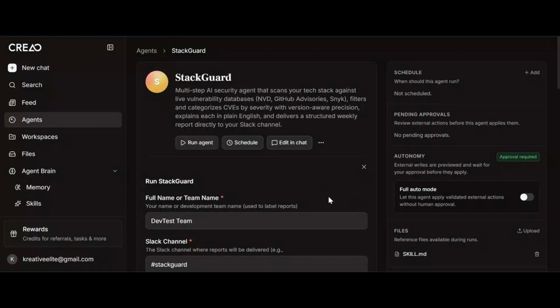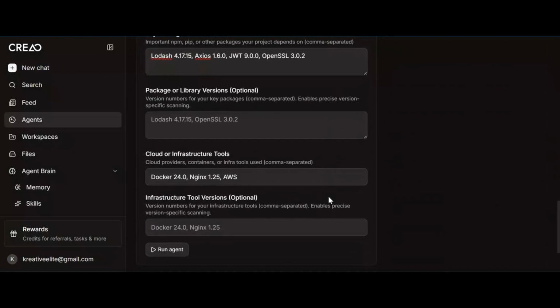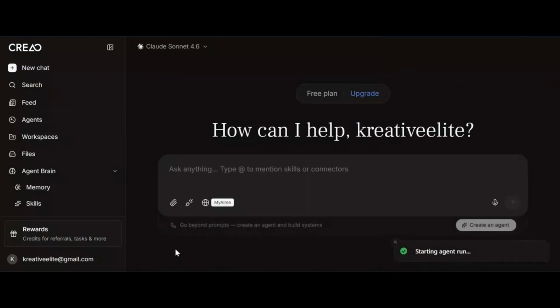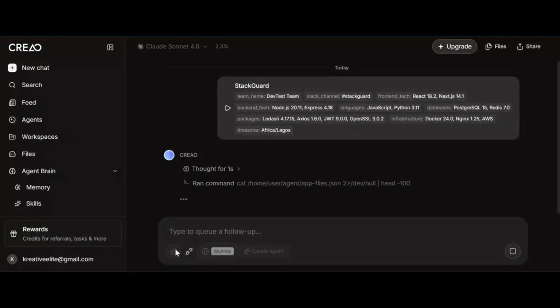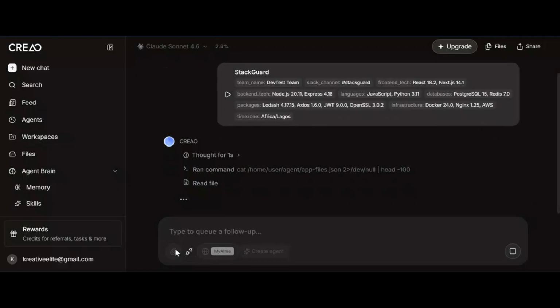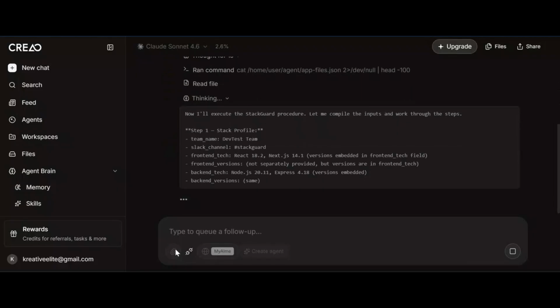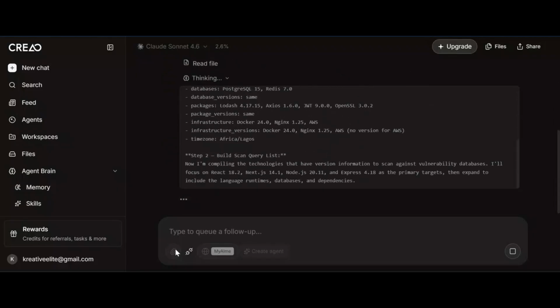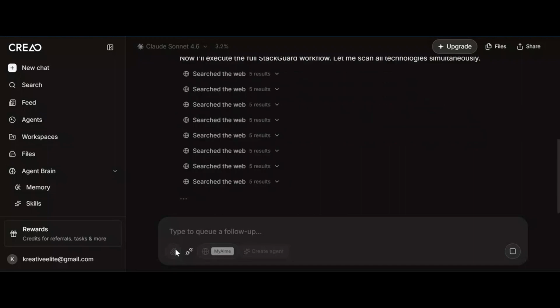To run StackGuard, you need to input your full name or team name, Slack channel, programming languages, your time zone, Slack incoming webhook URL, which is optional, front-end technologies, front-end technology versions, back-end technologies, back-end technology versions, language versions, databases versions, key packages or library versions, cloud or infrastructure tools versions. There are some fields that are optional, but adding the information for those fields would mean that the agent will give you more accurate